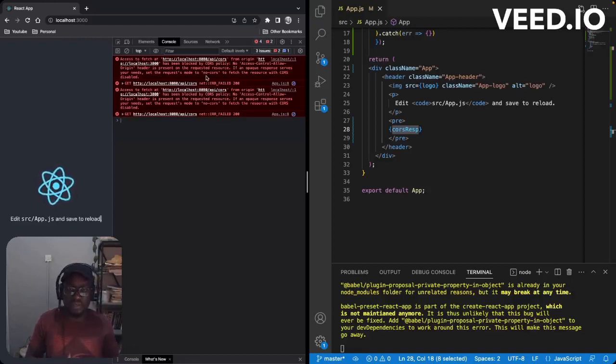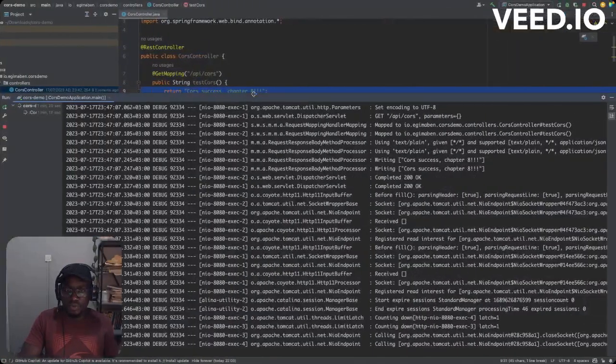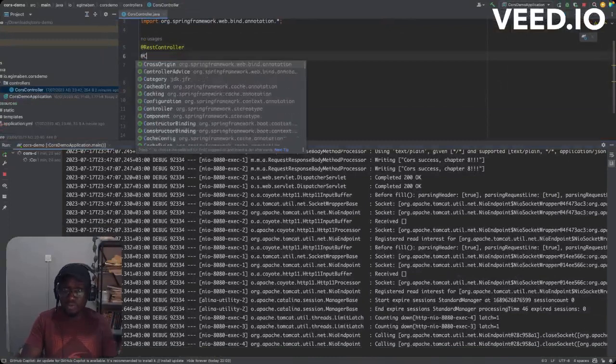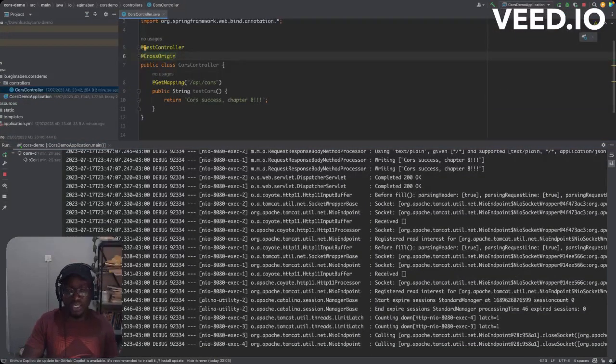Let's now set up the Spring Boot application for CORS configuration. As we saw before, we just need to add a cross origin annotation here. And that alone with Spring Boot already sets up a default CORS configuration. We discussed that in the default mode, everything is allowed. All origins are allowed. All headers are allowed. All request methods are allowed. So let's restart that and just see the effect